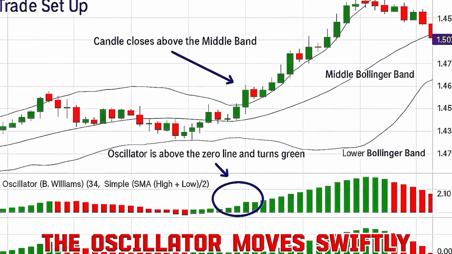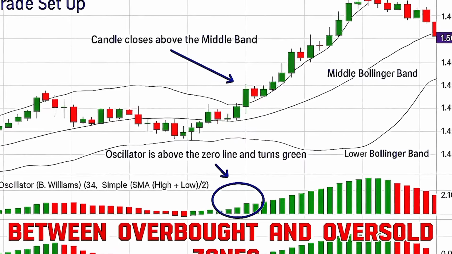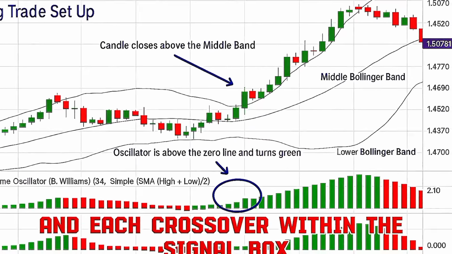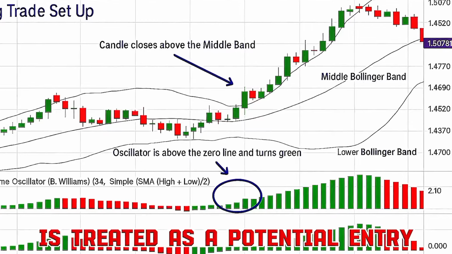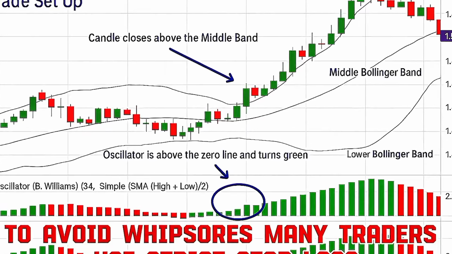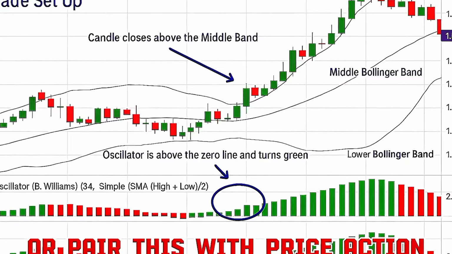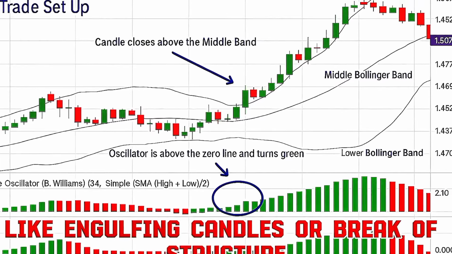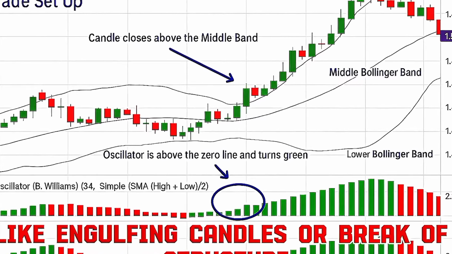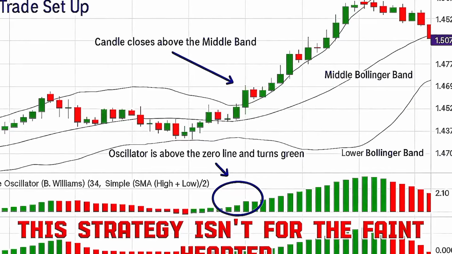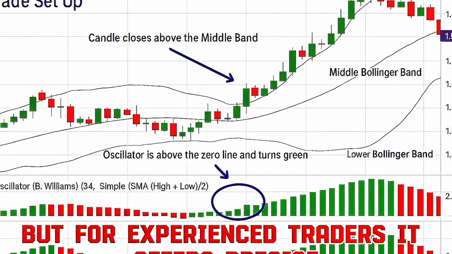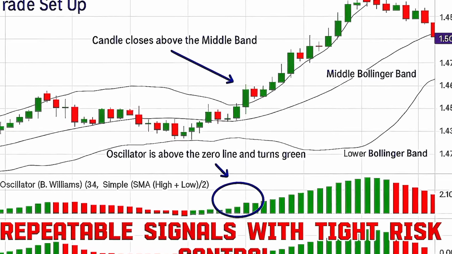strategy. The oscillator moves swiftly between overbought and oversold zones, and each crossover within the signal box is treated as a potential entry. To avoid whipsaws, many traders use strict stop-loss or pair this with price action, like engulfing candles or break of structure. This strategy isn't for the faint-hearted, but for experienced traders, it offers precise, repeatable signals with